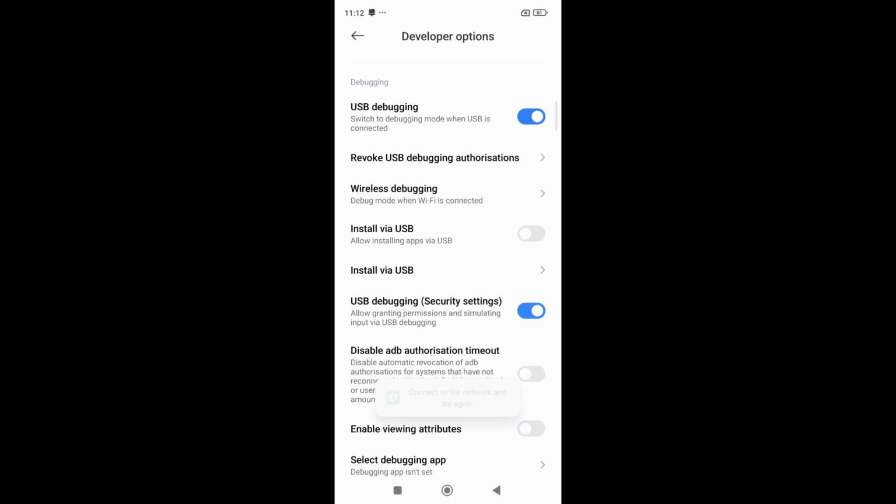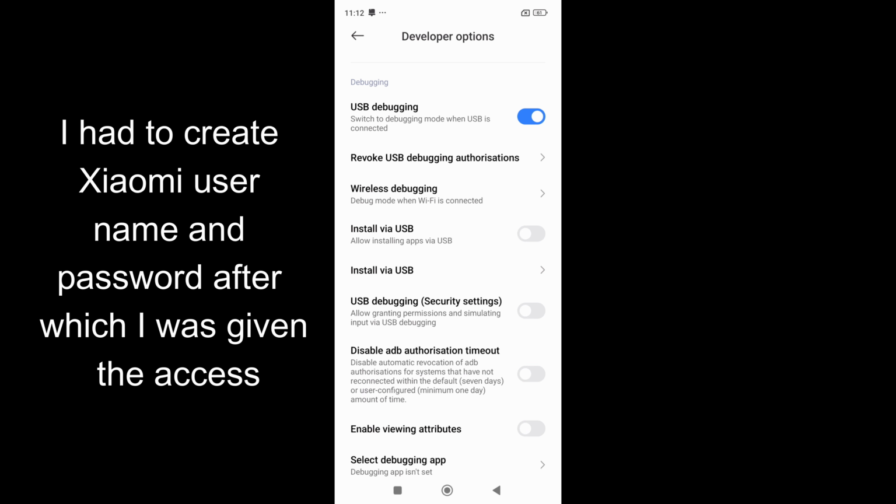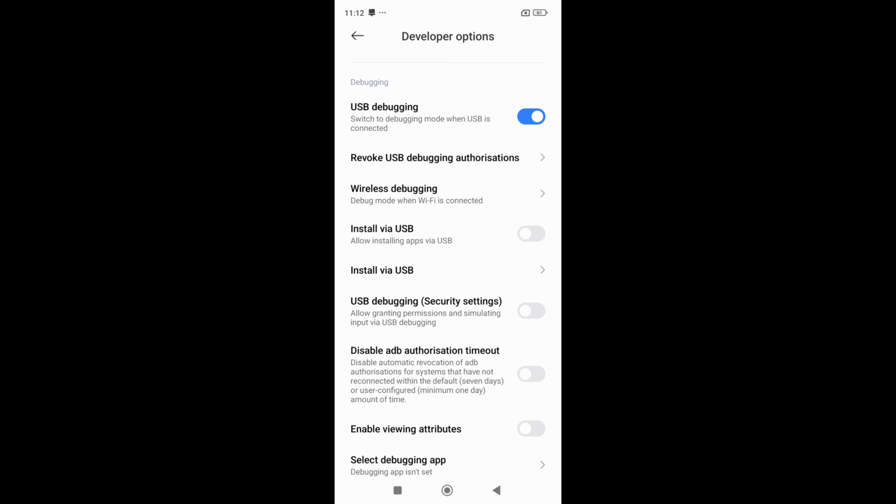Once you click here, you will have to log in using your credentials of the phone. Once you're done with, even this part will show as on. So your basic configuration with the mobile is done. Anytime you want to come out and keep this off, for example, USB debugging, just press this and now USB